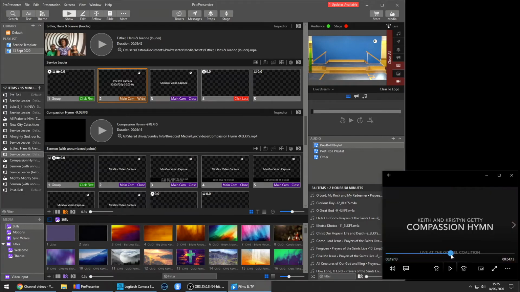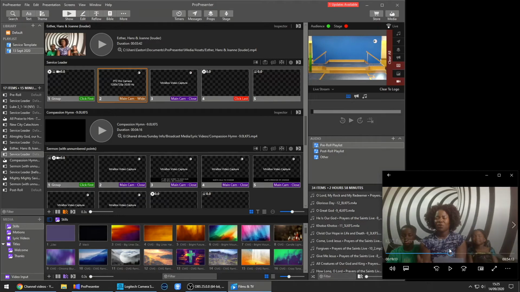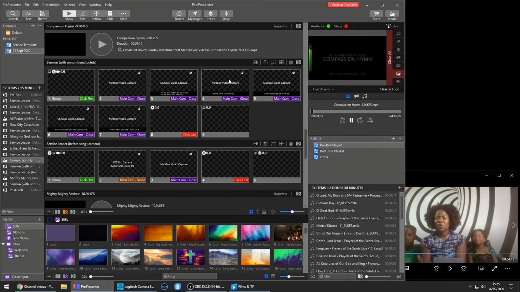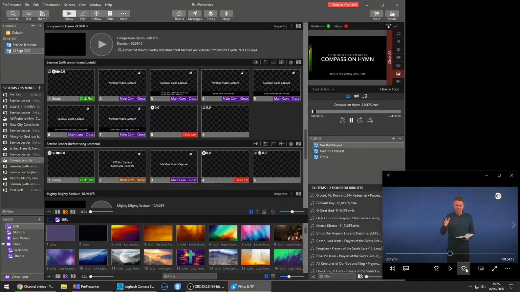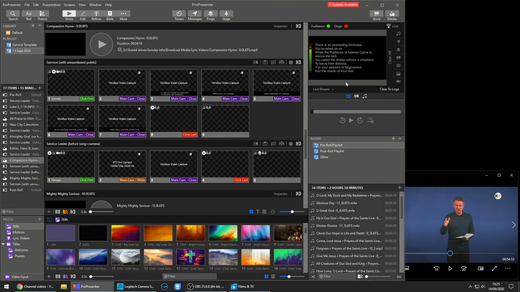There's a very short section of James speaking. You can just see it there. James spoke, and then we went straight into the song. So again, click last on the service leader, and that automatically starts the song. Okay, and at this point, as the end of the song came, you can see there's a sermon